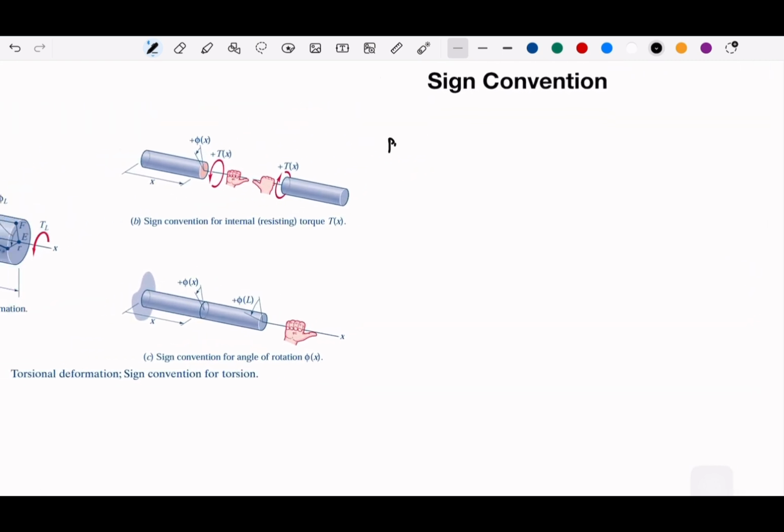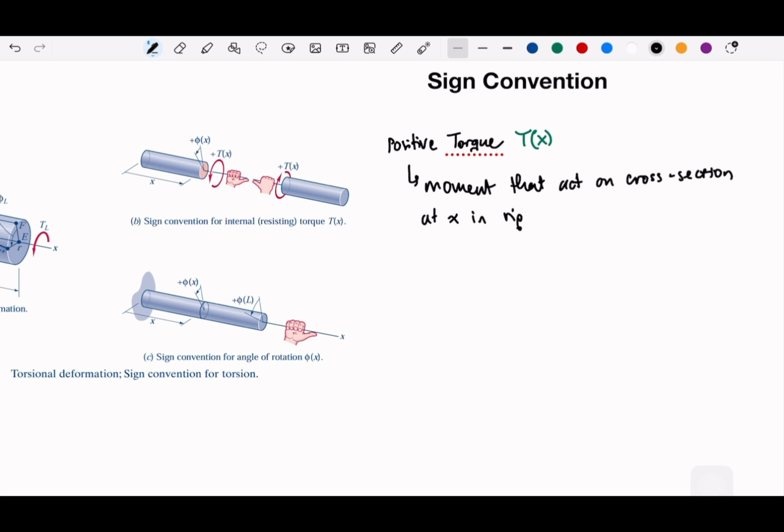So positive torque, or T of x, is actually a moment that acts on the cross section at x in right hand rule